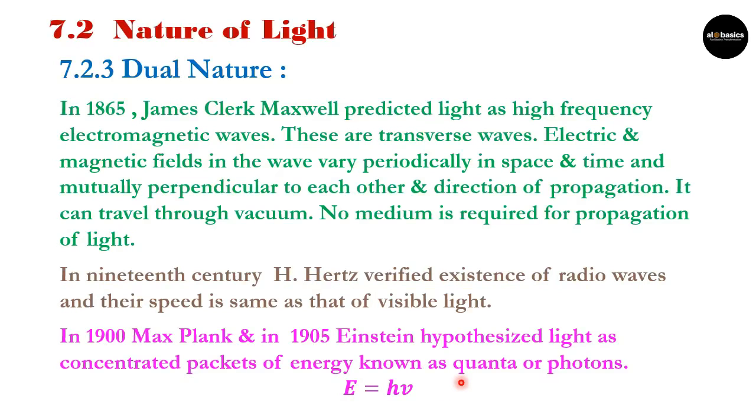On the basis of all these things, in the early 20th century, it was accepted that light has dual nature and it exhibits particle as well as wave nature under different situations. And these particles of light are said to be photons. So, well accepted today, the nature of light is the dual nature of light.